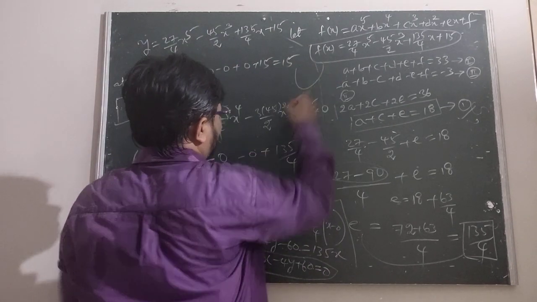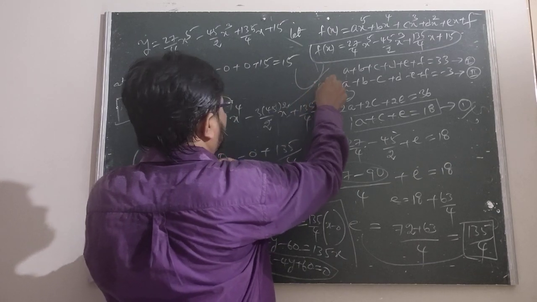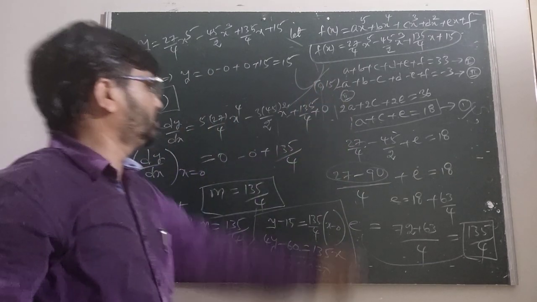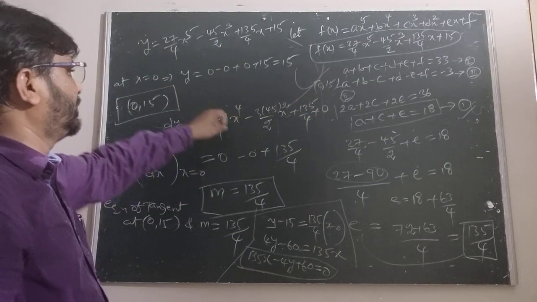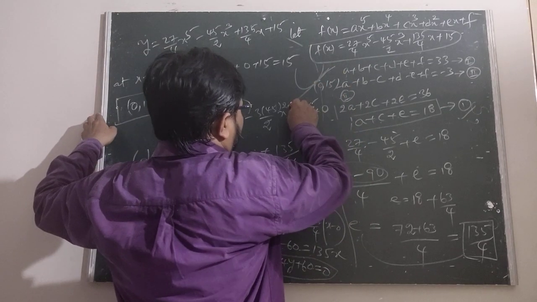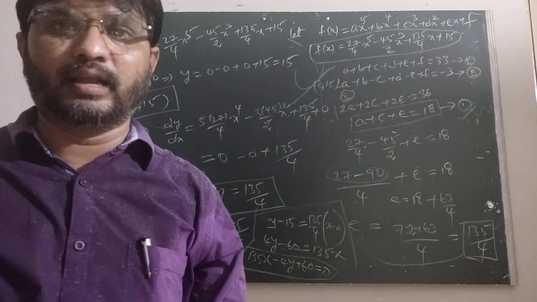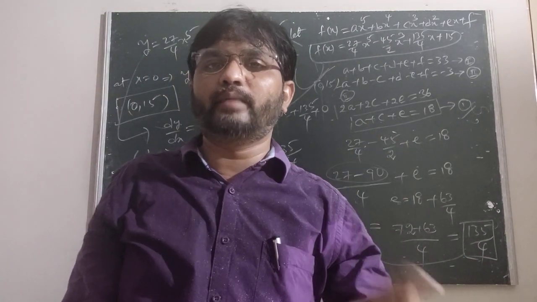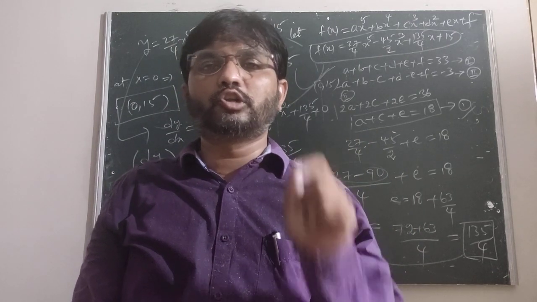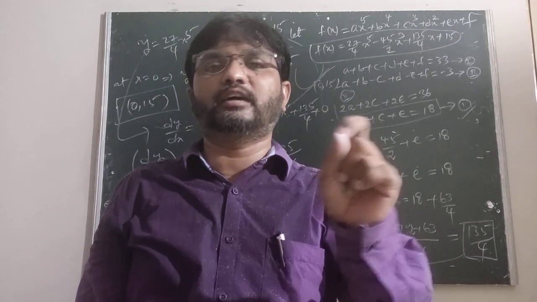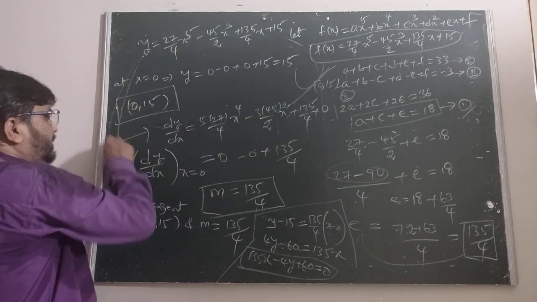Suppose this is the curve. We take the point here, 0 comma 15, and this is where we need the equation of the tangent. Now we differentiate the given curve. We know from first year, in tangents and normals, that dy by dx at the point x1 y1 is called the slope of the tangent to the curve y equal to f of x at the point x1 y1. That's why we take the derivative.